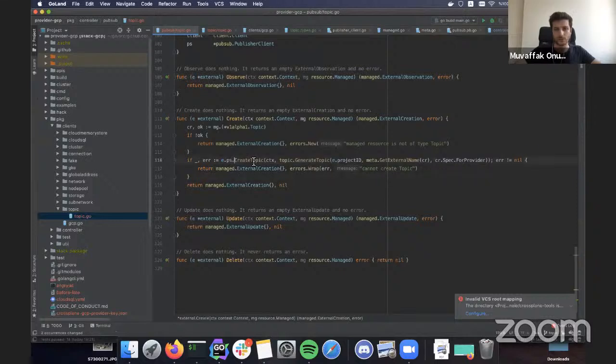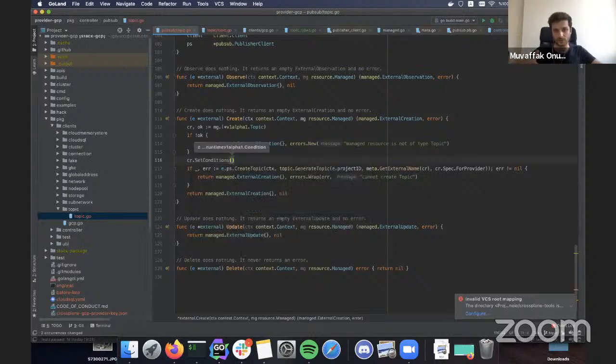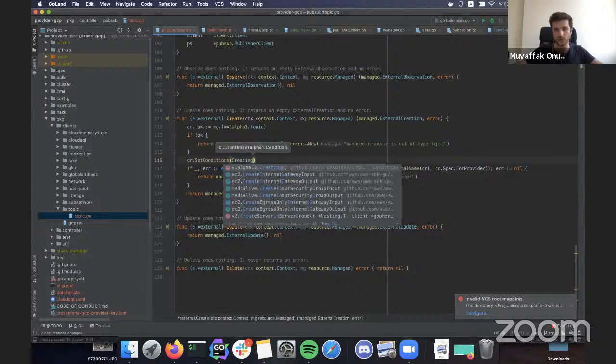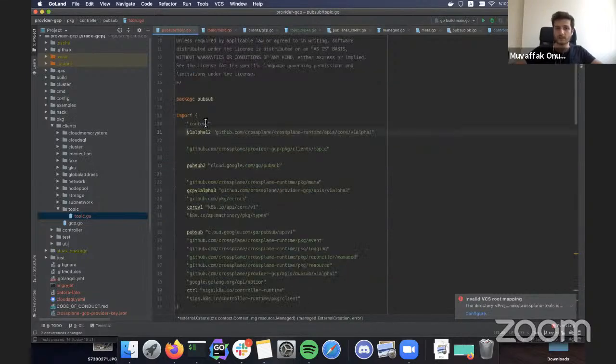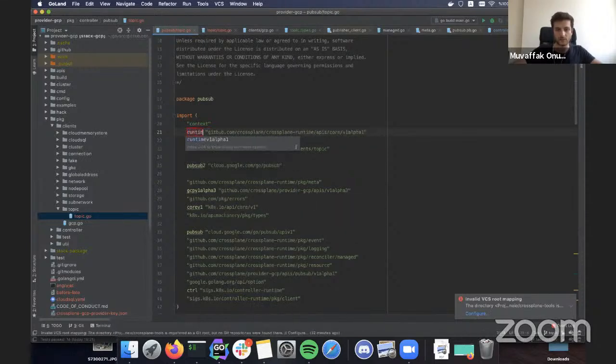Cool. So we have created it now. Oh, and so we've got the conditions. When you start creating, we just mark it as creating. This will show up in the status of the CR